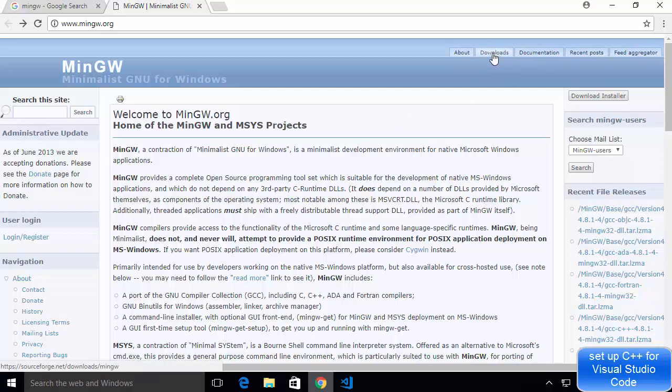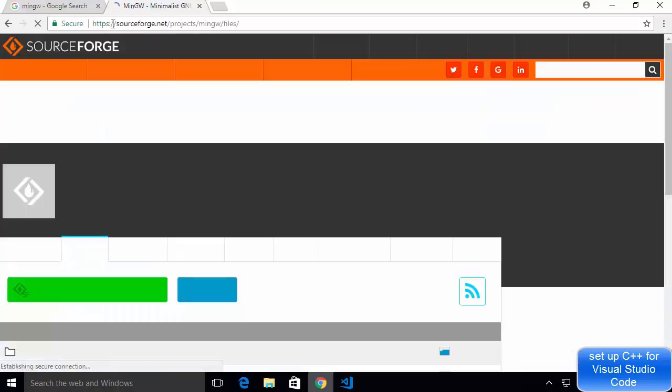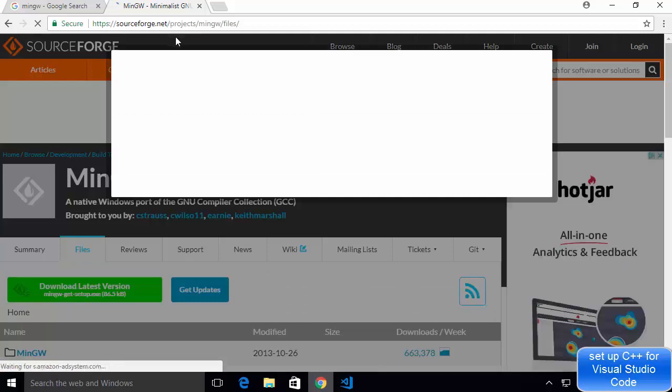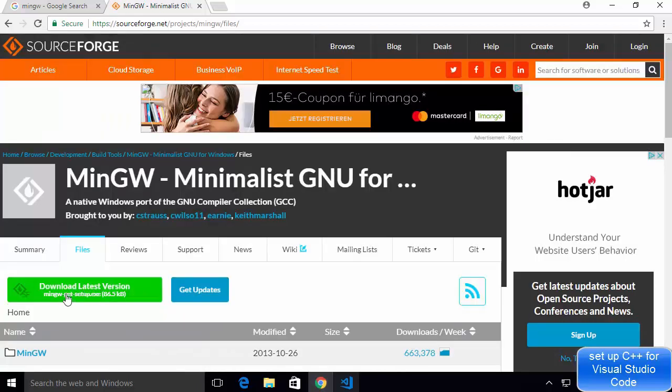So just click on the downloads tab, and once you click on the downloads tab, you will be redirected to the sourceforge.net website, which hosts the MinGW exe file. And then we are going to just click on this green button which says MinGW get setup.exe file.